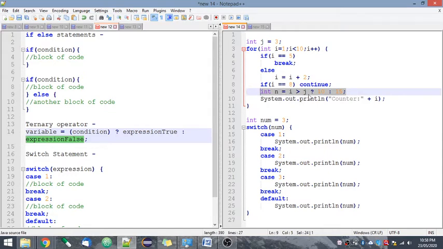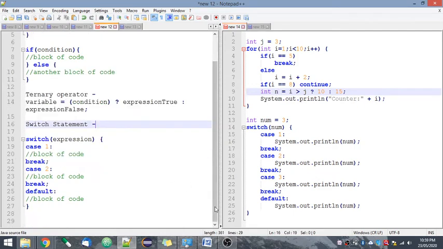The condition that I have used is i is greater than j. As you can see, I have taken j equal to 3, and I have initialized it within the loop. It is starting from i equal to 1. Whenever i is equal to 1, 2 and 3, this condition will be false, so n will be equal to 15. While when i is equal to 4 till i is equal to 9, n will be equal to 10, because this condition will evaluate as true. So 10 will be assigned to n. This is how the ternary operator works.